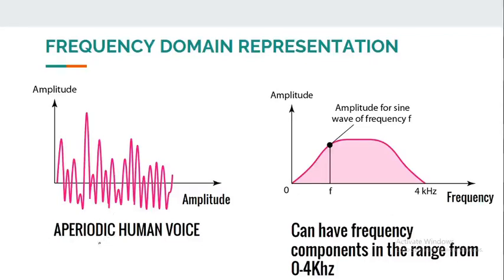An aperiodic human voice, when it is converted to an electrical signal, can take any wave shape like this, a random wave shape, whose pattern depends on what sound we are producing. According to that, it will have a different pattern. Whatever the pattern may be, its frequency domain we can plot as some 300 to 3300 hertz, or it will have components with significant strength from 300 hertz to 3300 hertz.